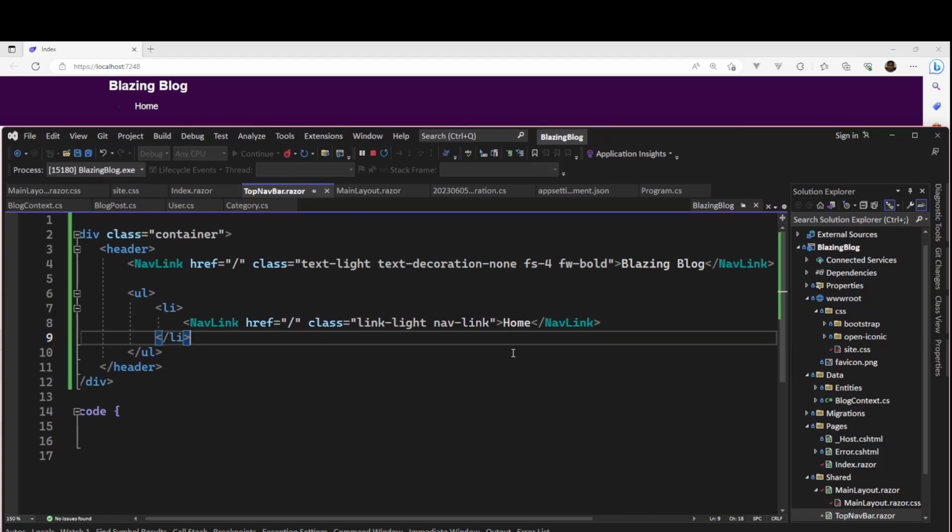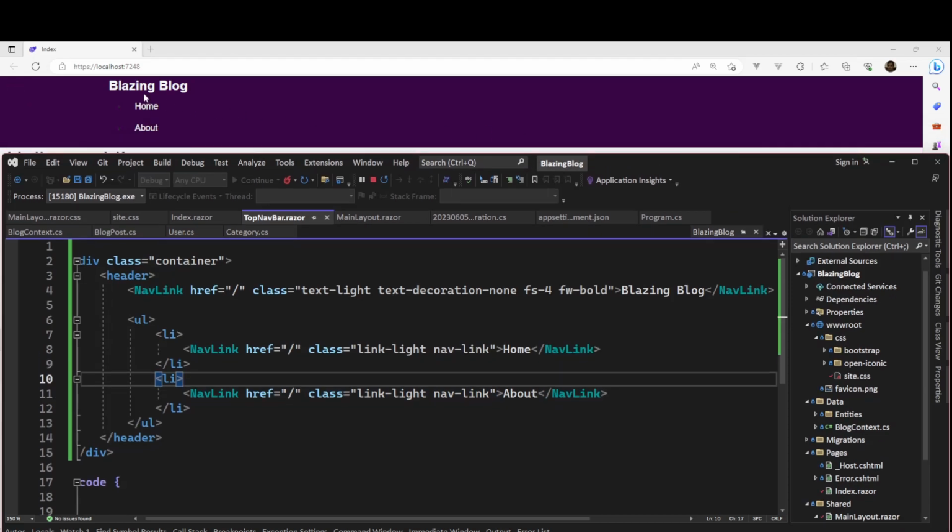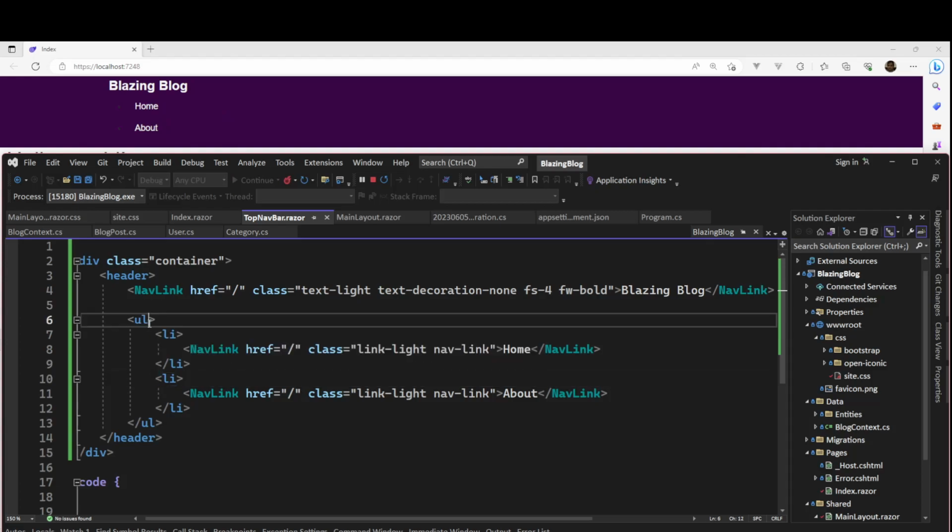Navlink. So it removes the decoration and all those things. So we are good now. Let me copy this one more time, and we'll have about section here. Save it, and now we have this about, but it is in this vertical format,